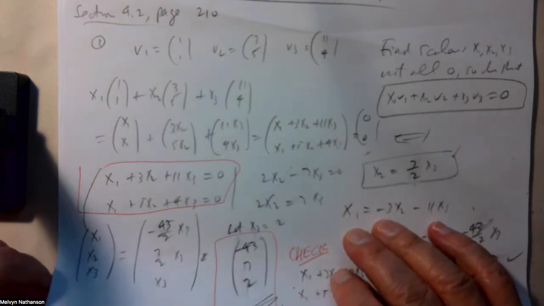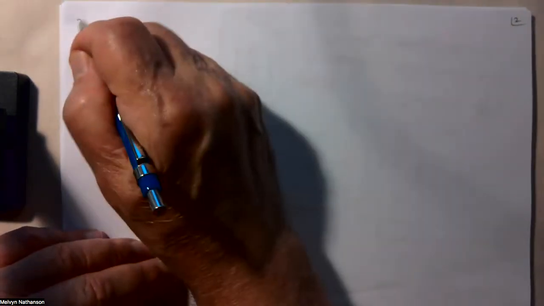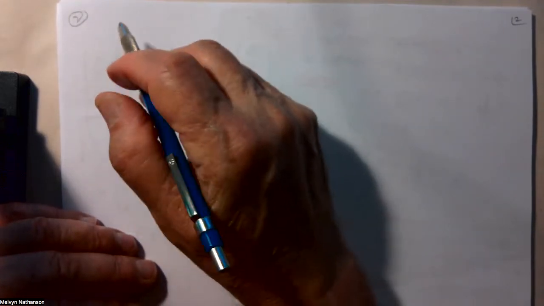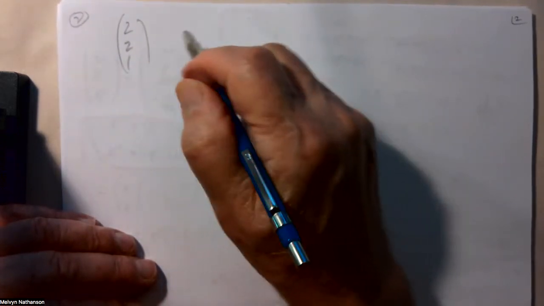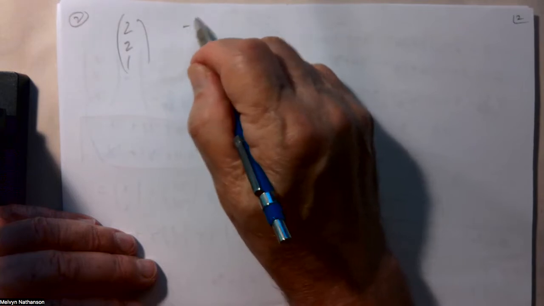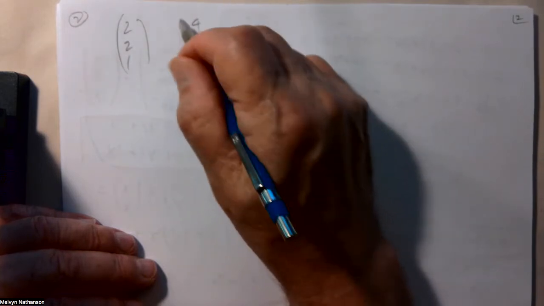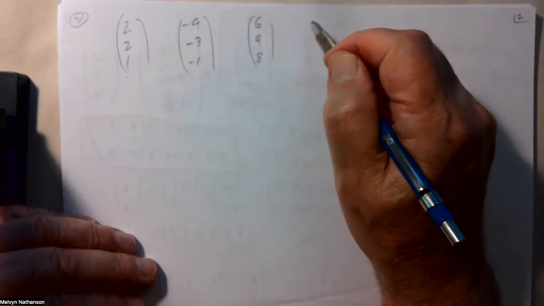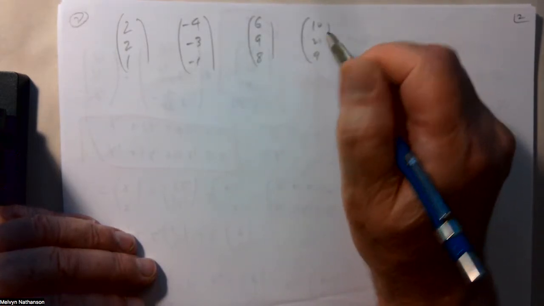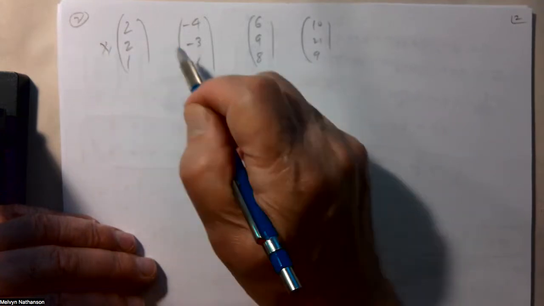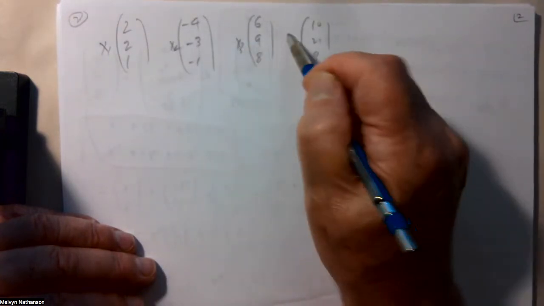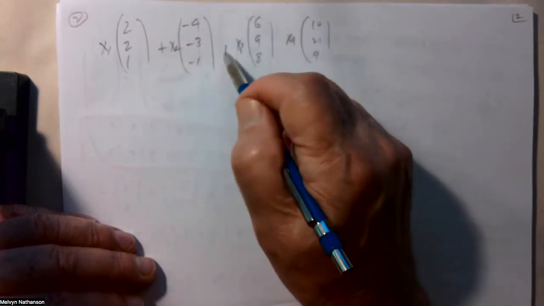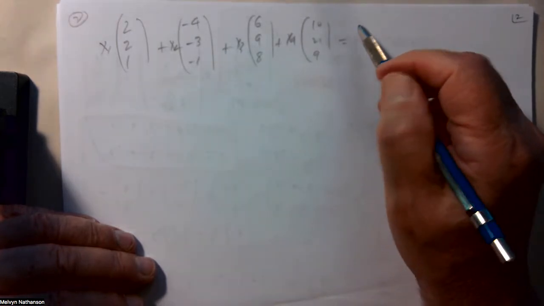Problem 2, I'll just set it up, but again, many problems in linear algebra reduce to problems in linear equations. So in problem 2, we have 4 vectors: (2, 2, 1), (-4, -3, -1), (6, 9, 8), and (10, 21, 9). And we want to find scalars x1, x2, x3, and x4, such that this linear combination is the 0 vector